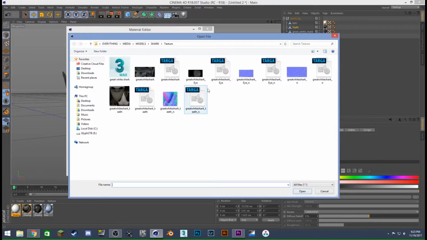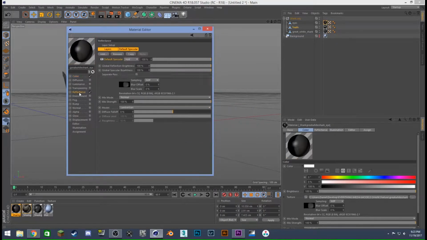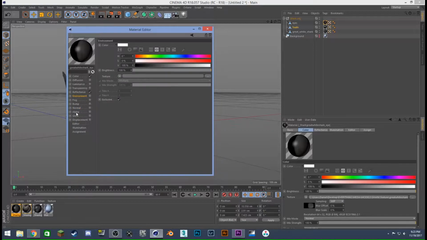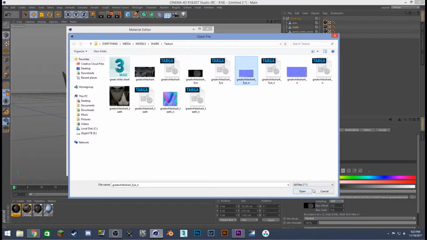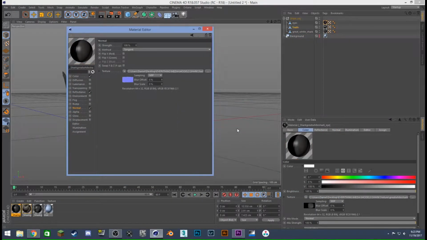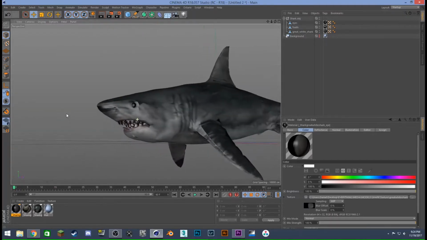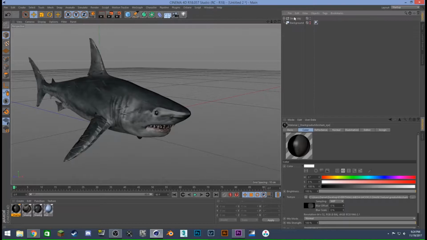Where is it? There's his eye. No. And then let's do the normal again. Alright, so now we have it all textured. And it's looking great. This is what our shark's gonna look like. Cool, very cool. Alright, so now that we have that,